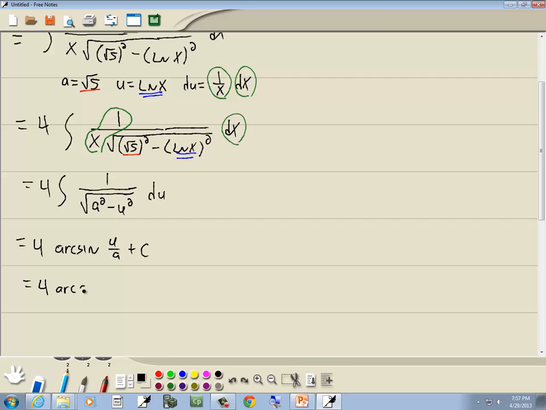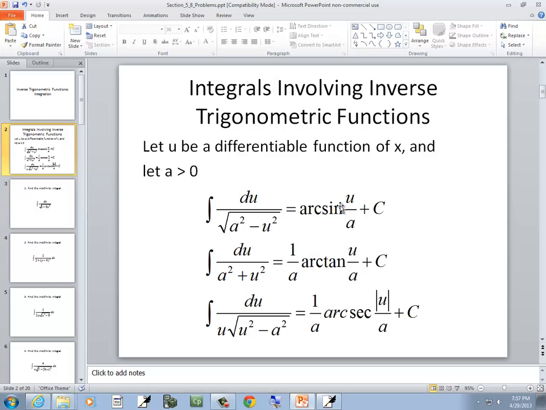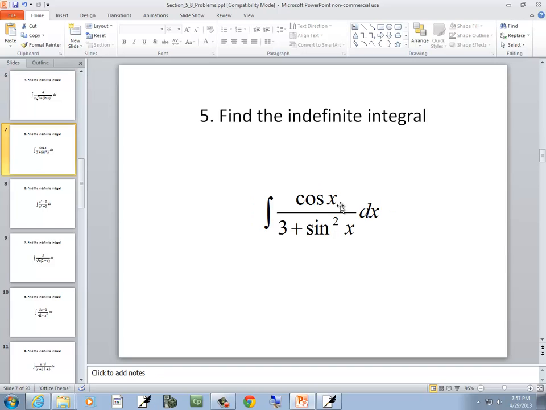Well, now let's plug that back in. What did we say u was? u was natural log of x over a, and a was square root of 5, plus c. Now I can multiply top and bottom by square root of 5 to get rid of that down below. Some books do that, some don't. It'd be nice if there was some kind of consistency in textbooks, but